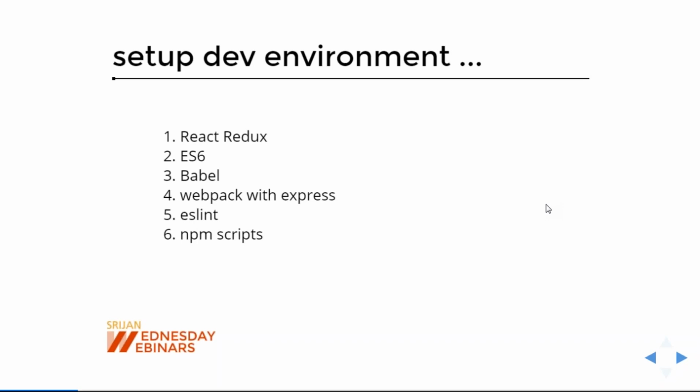We will be using Webpack, which is a popular bundler. Webpack will be bundling the different artifacts of our web application after your code has been transpiled. And we will be using the Express server, with which we will host our application on localhost. We use ESLint for linting our code, to write clean code with common specifications. Then finally, we will write some npm scripts inside package.json, which will automate all these tasks in a single command.